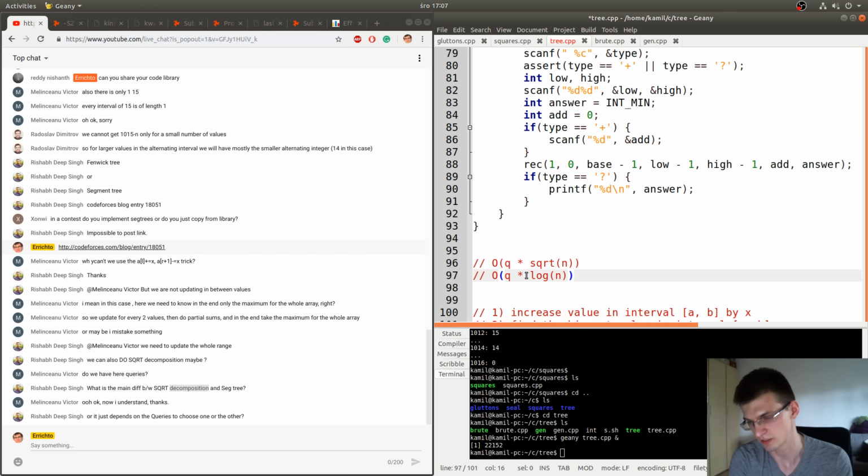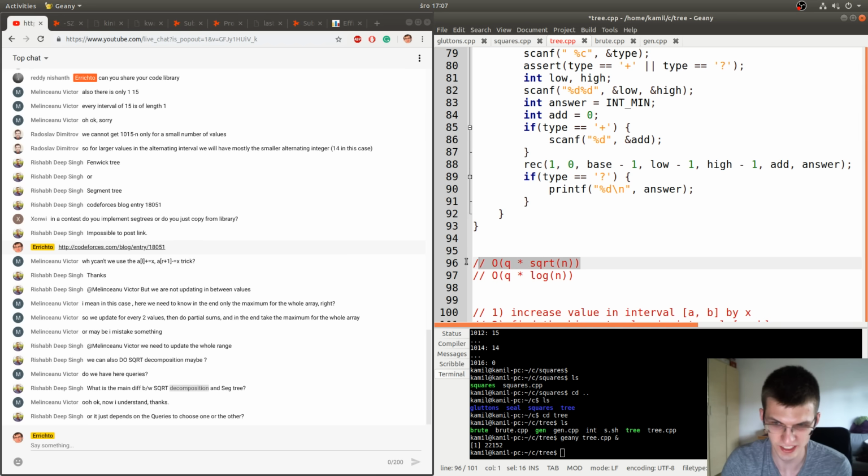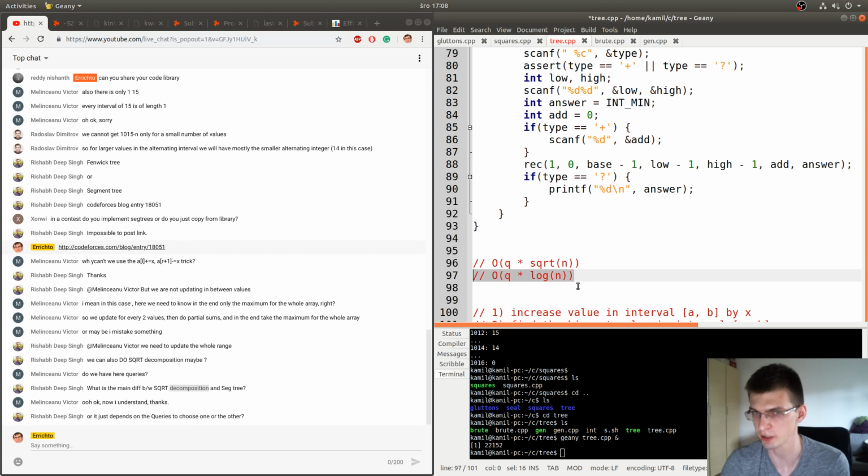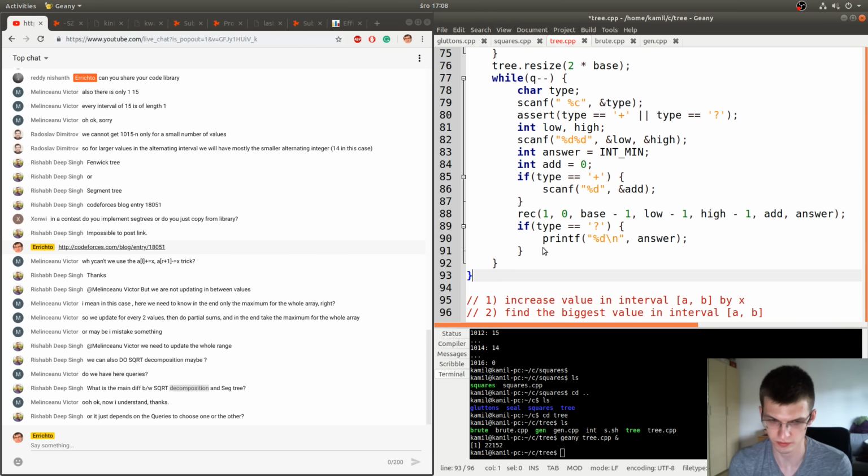So it's faster. For q and n equal to 1 million, the tree should still work fast, like 1 second, and the other will take a few seconds at least. So often with big values of q and n, organizers will require you to implement a segment tree. So if possible, try to write that.